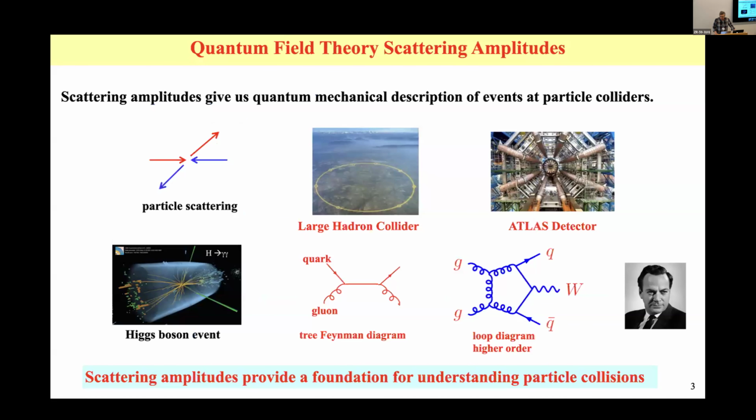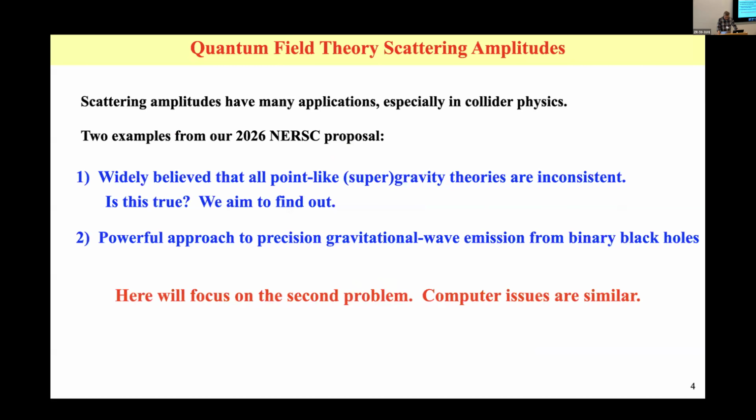So just to be clear, I am talking about particle physics. There's the Large Hadron Collider, the ATLAS detector. I believe LBL is a part of the ATLAS collaboration. And we use our techniques, let's say Feynman diagrams, scattering amplitudes. The scattering amplitude tells us about the probabilities of events happening at the Large Hadron Collider. And what I'll be talking about is the application of scattering amplitudes to gravitational waves and gravity in general. So the two examples we have in our 2026 NERSC proposal,